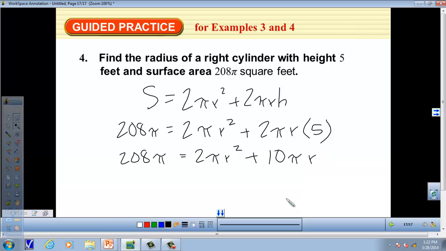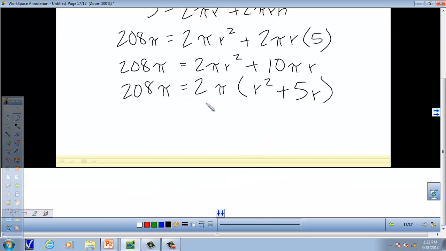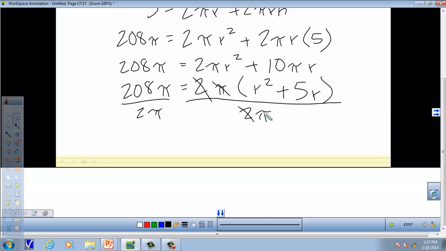times r, and we're going to factor out, we want to get the r's by themselves. So we're going to factor out 2 pi, it looks like. So we'll have 208 pi here. I'm going to factor out a 2 pi, and that's going to give us r squared plus the 5. If we factor out a 2, that gives us 5 here, and the pi's go away, so we get 5r there. We're going to now divide both sides by 2 pi, so that the 2's cancel and the pi's cancel, and here also the pi's cancel. So we have